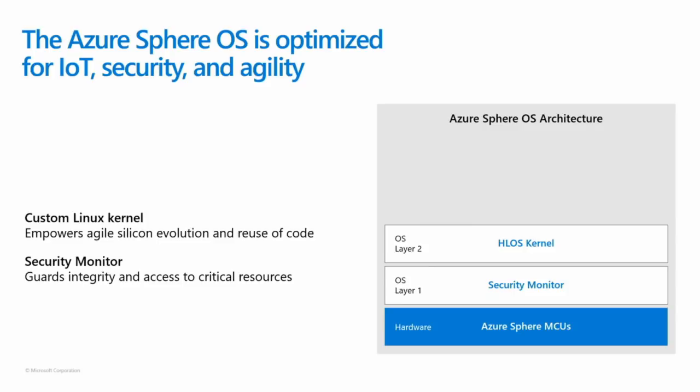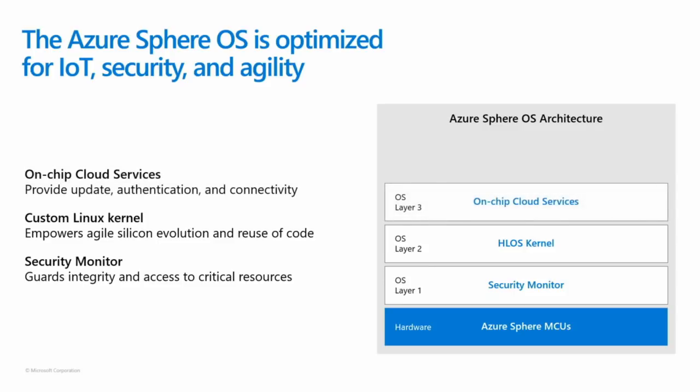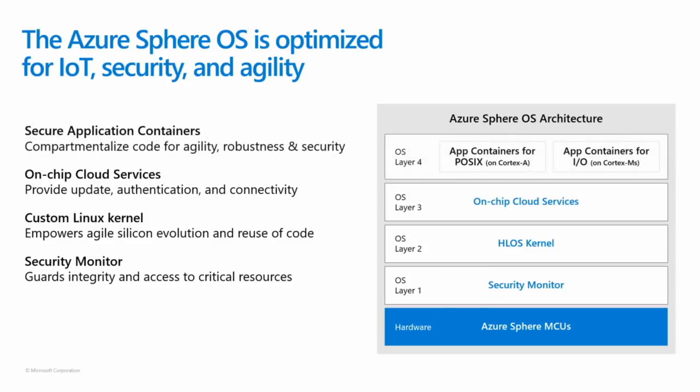We have our custom Linux kernel. On-chip, we're calling cloud services for authentication and connectivity. And then you have our applications, which we call containers or sandboxes. Don't think about a Docker container. In the space we're talking about, with a couple of megs of RAM, a typical application is maybe 80 kilobytes. So we're talking about a sandbox that has a reduced surface area for execution.